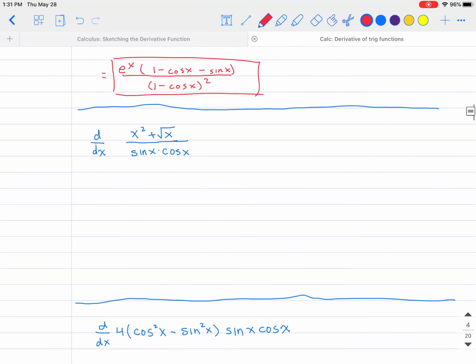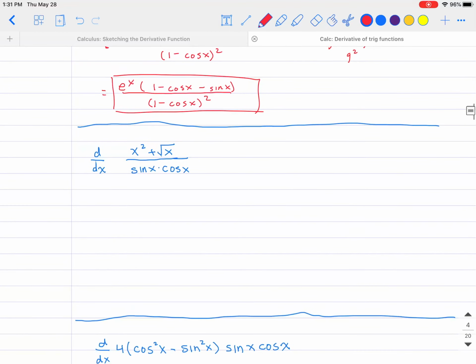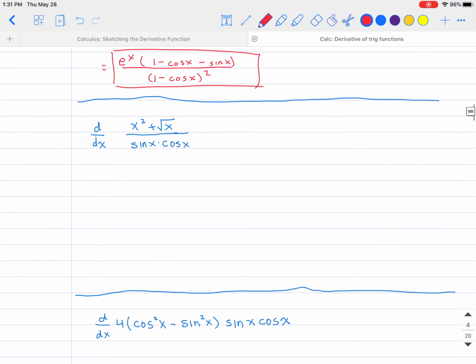Okay, all right, so here we have this one right here, and I think the last one, oh, that one's a tricky one, so maybe that one you can try on your own and see how it goes. Okay, let's see. So for this one, I am going to use the quotient rule, which you can definitely see,